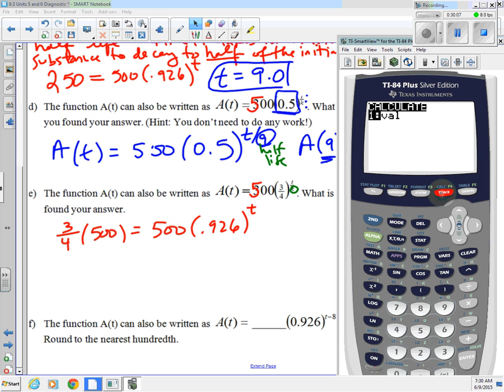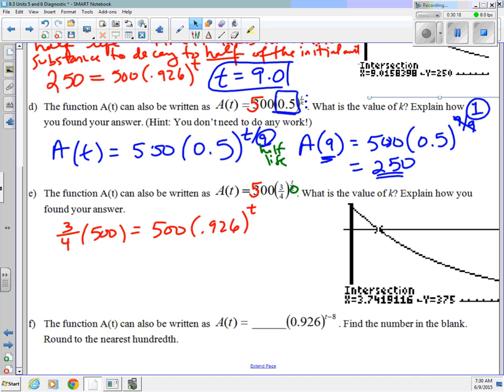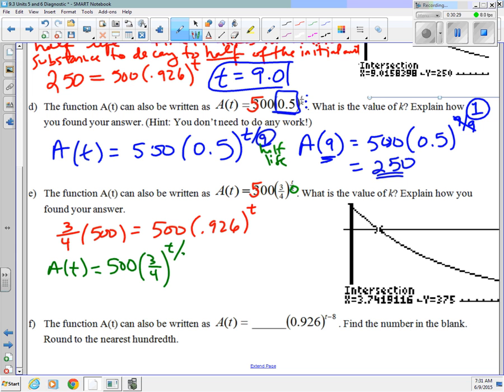So second trace 5. First curve enter. Second curve enter. And the guess, intersection point, I got 3.74. All right. So this guy, K should be, so A of T could be written as 500 times 3/4 to the T over 3.74. And explain how we found our answer for K is just the amount of time